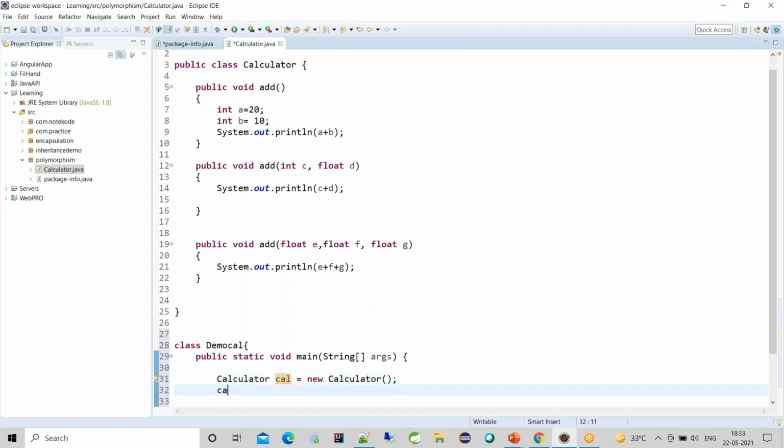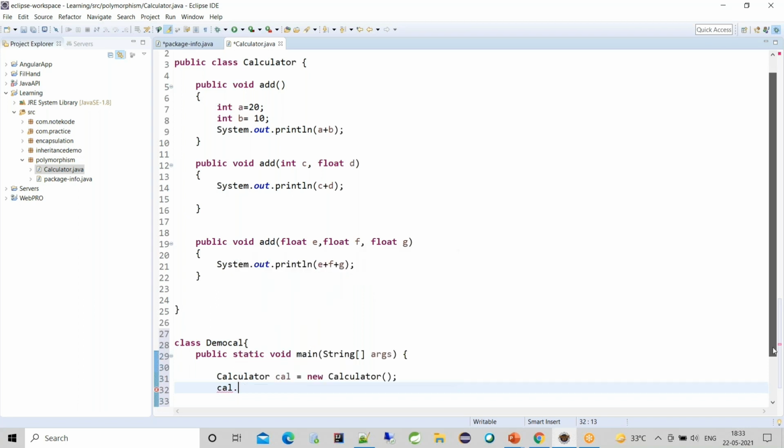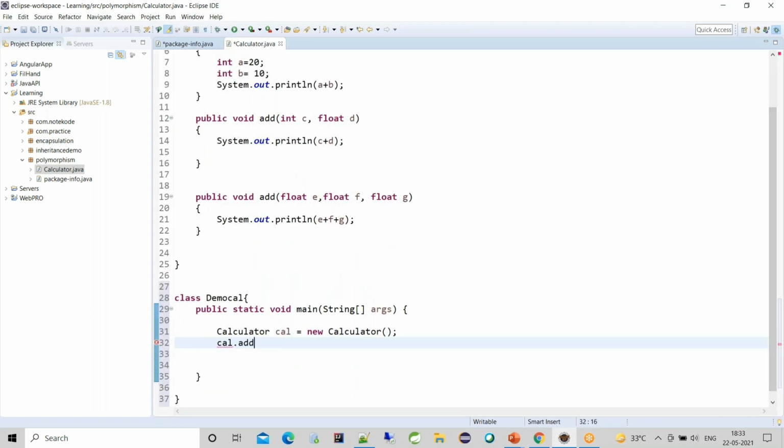Now if I write cal dot, as soon as I do that, it will show me all the methods that are available in the calculator class. It is showing me add with no argument type, add with two arguments type, and add with three arguments type. One by one I will use them. Add with no argument type.